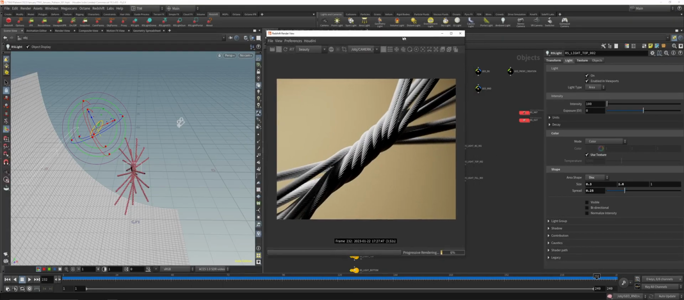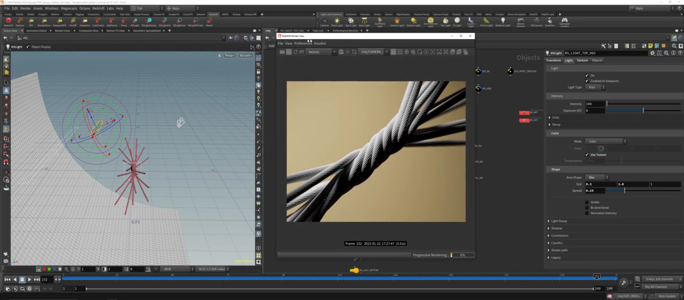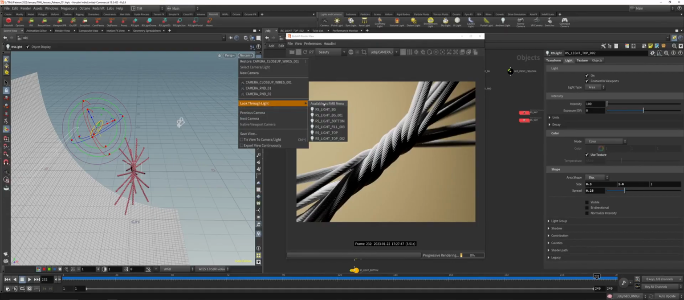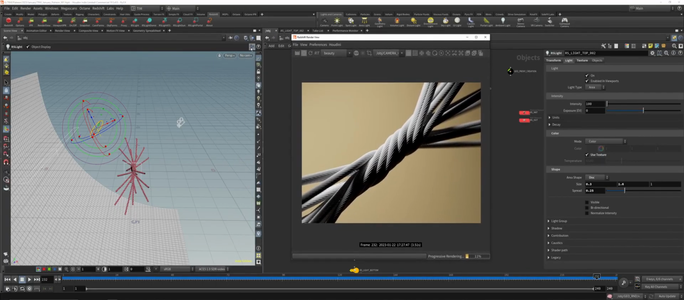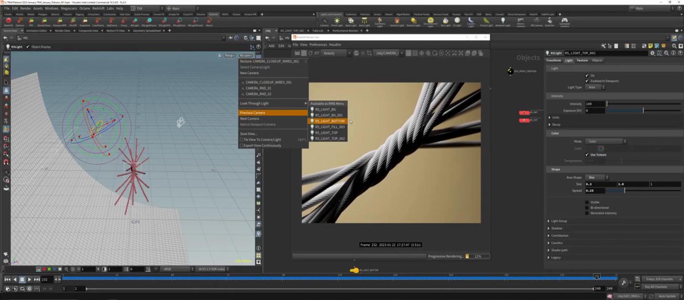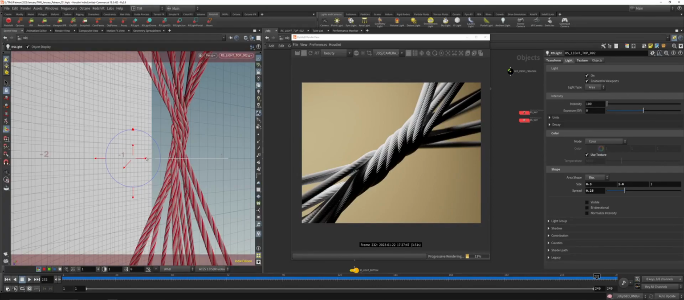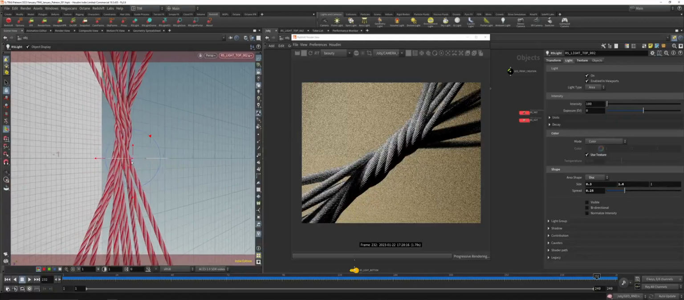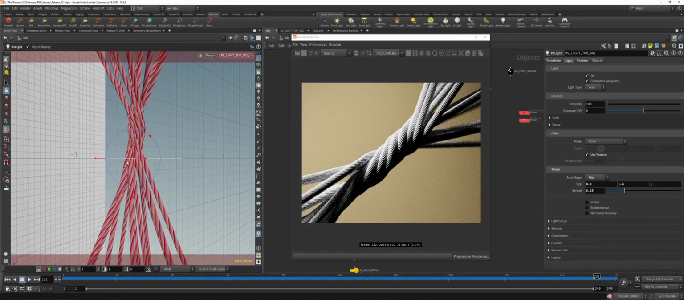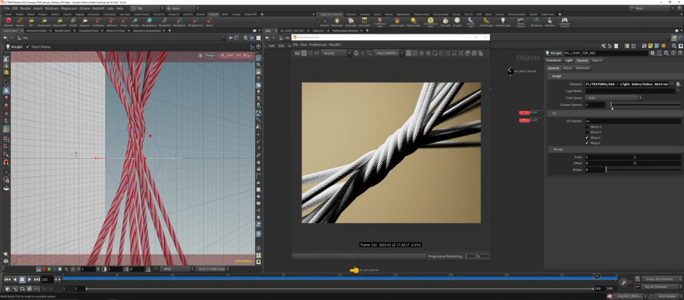Which one? Light top. Light top. Let's look like 1,000 times. Something like that would be